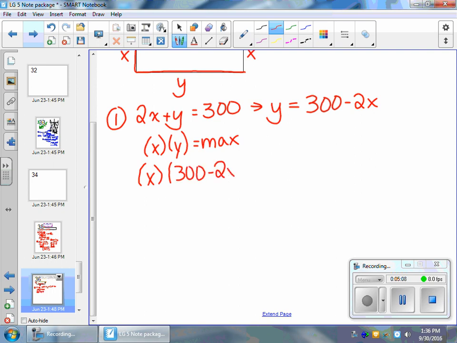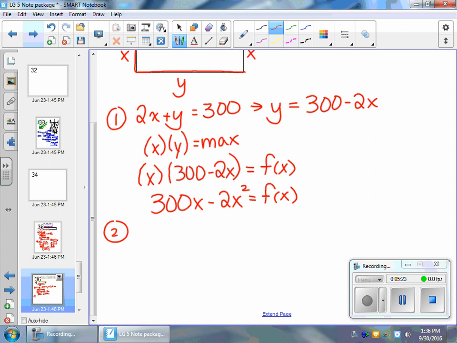300 minus 2x, and again, that's going to be equal to our function, or our maximum in this case. Now, if I'm looking for the maximum, let's make this look a little bit nicer. And then number 2, remember, we just find our derivatives, or our critical value. So we find that first derivative,